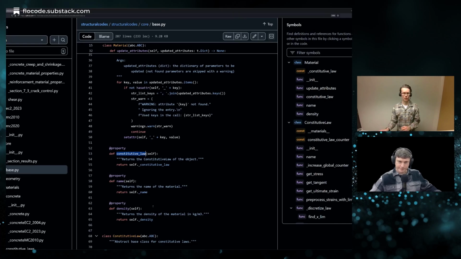For example, the constitutive law, which could be an elastic plastic law, which also has a predefined interface. So the section will know that this is a material, I can get the constitutive law from the material. And from the constitutive law, I know that I can use the methods get stress, get tangent, get secant, for example, or get ultimate strains, just to name a few.